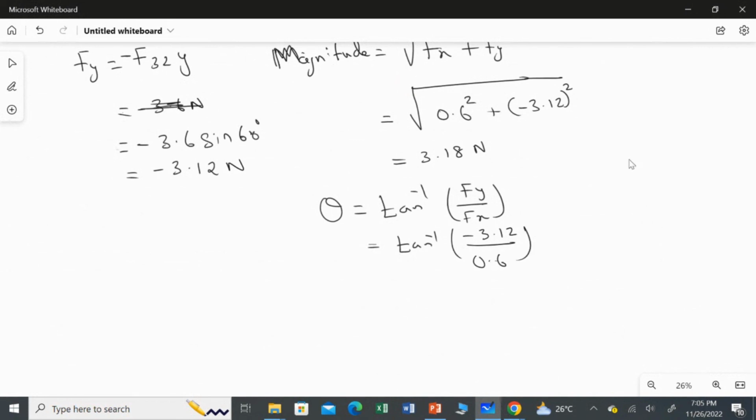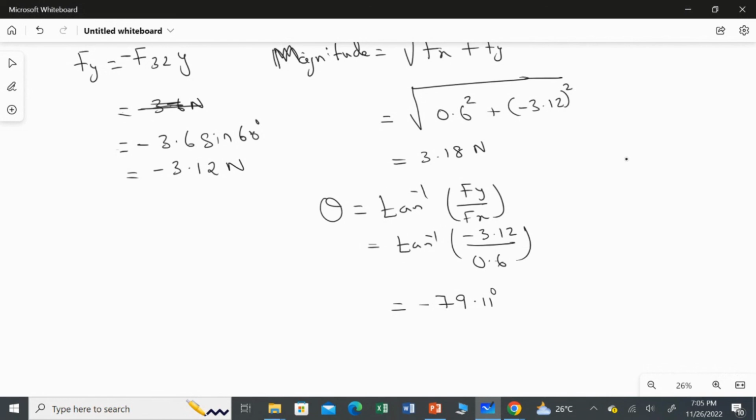So what's the answer? Tan inverse of minus 3.12 over 0.6. We got minus 79.11